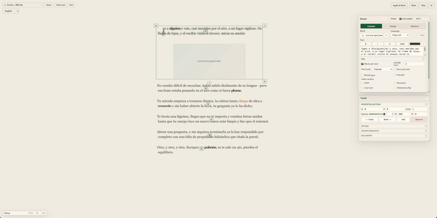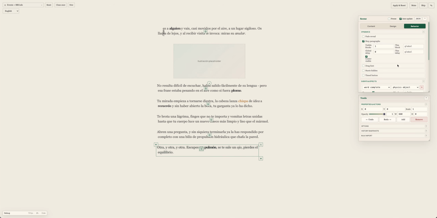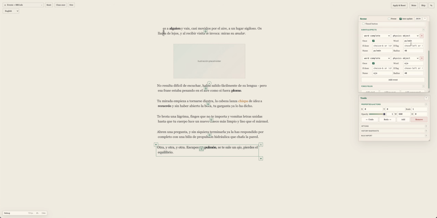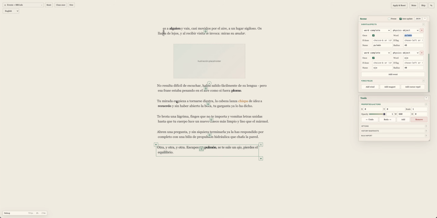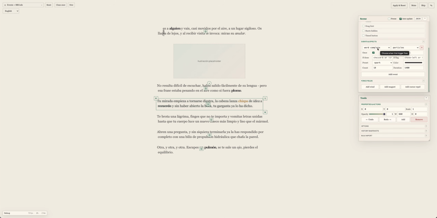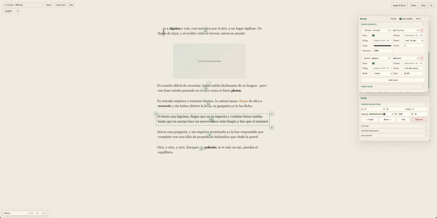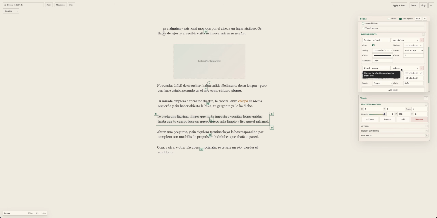There is support for all of that here too, and it's all conditional, so you can make it so here when the word pulmón is complete, you add a physics object, and in that physics object you can add like an illustration instead of simple letters. You can also, as I said, add particles on word complete, or you can change the ambient sounds of the game